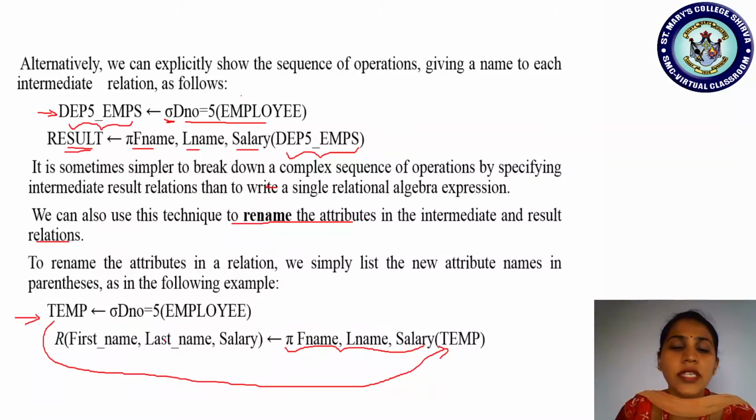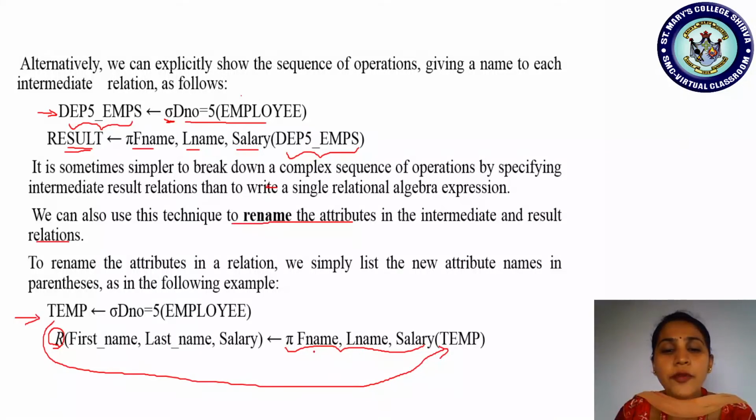Okay, fine. So see the result here, students. You are finding something like R. So on the right hand side, after projection is applied, the result will be stored in a new relation called R. The table name will be what? Given as R. And it is projecting first name, right?